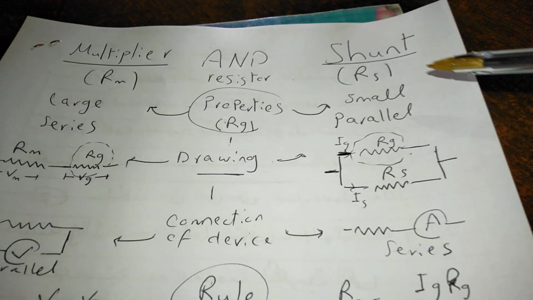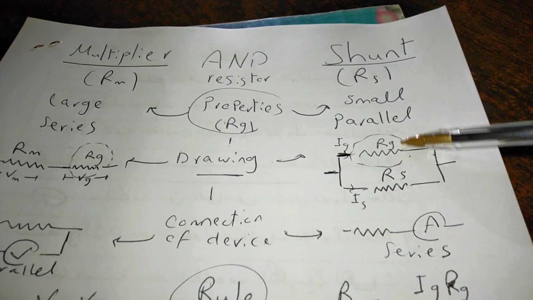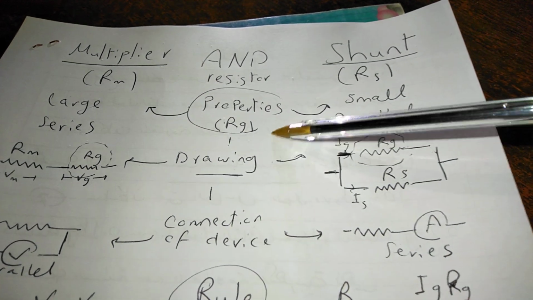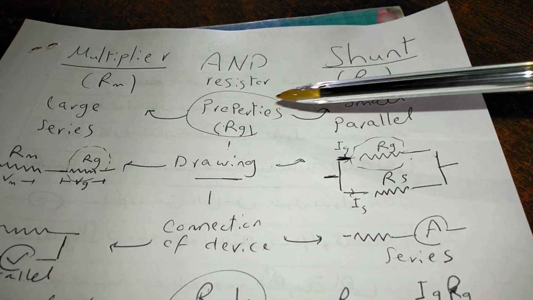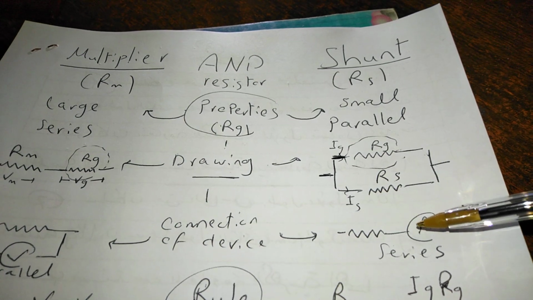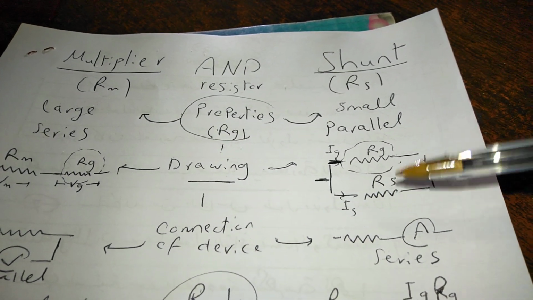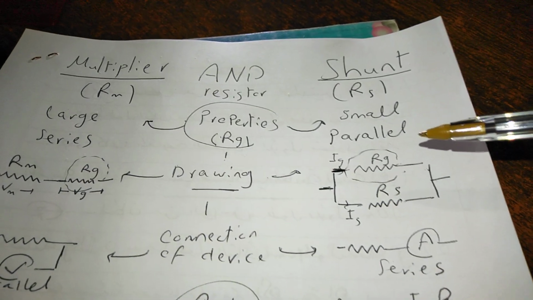Shunt resistor: it is a small resistor that is connected in parallel to the coil of the galvanometer to convert it into an ammeter that can measure high current value. On the other hand,